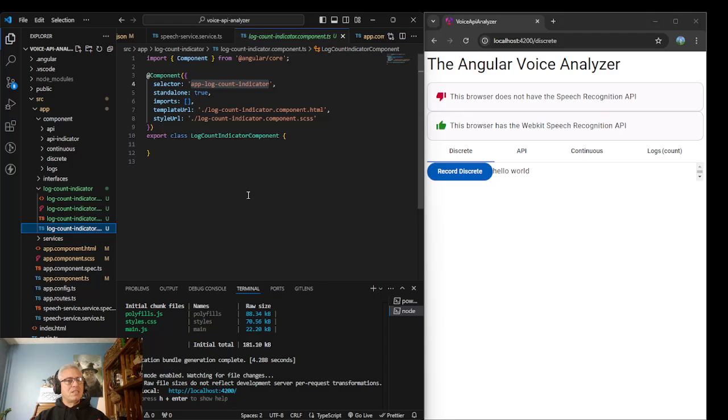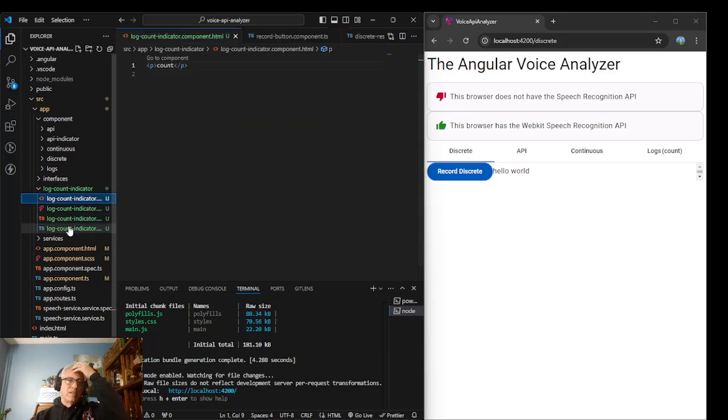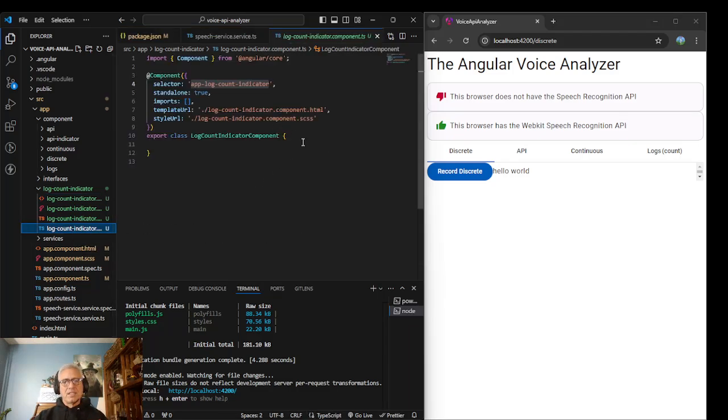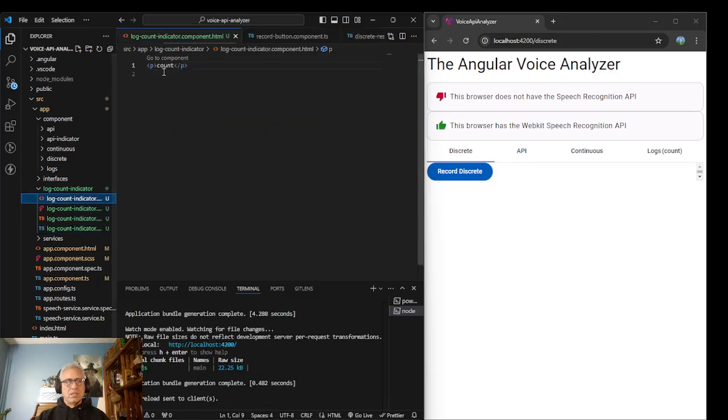So anyways, that's where we're at. So I have my logs indicator. I have this text here, and so I'm going to create a count. I guess that would be the best thing to do. So record. That's really the only job of this thing. And I'm going to make record count equal 0. So I'm just going to initialize it to 0, hit save, and then go ahead and get rid of that